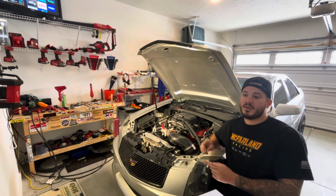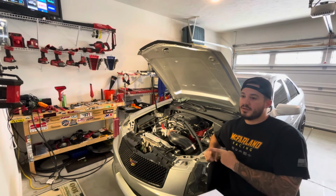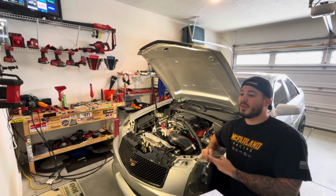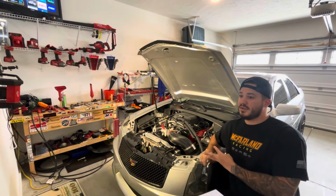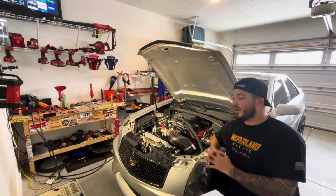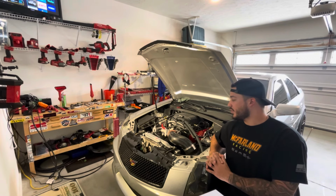So like I said, got the car in March of 2019, took it to the drag strip, way too slow. Bought the blower in November of 2020. Did the first stage of the NA build. I finished that in May of 2021,